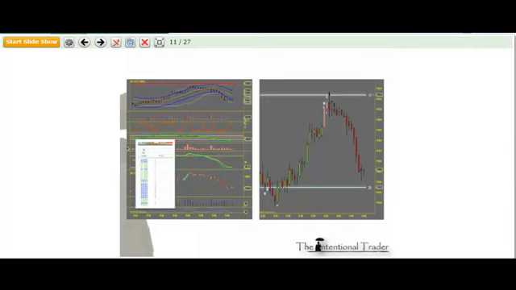Now, if you're paying very close attention, and you might have a hard time seeing this, this chart right here is this one. This is the same chart. This information that I need for entering a trade right here, this is the setup. It's all right here. It's all in all of this confluence here.